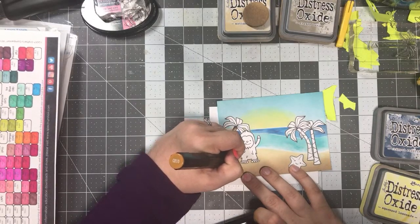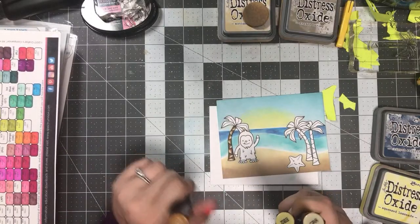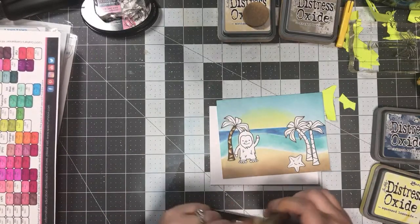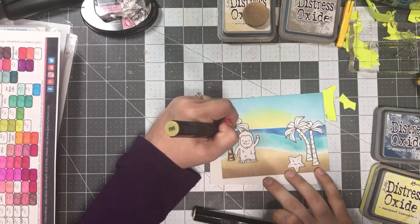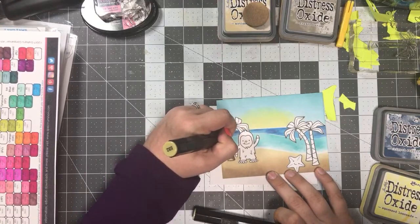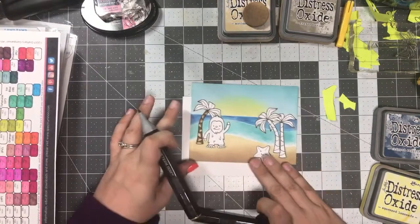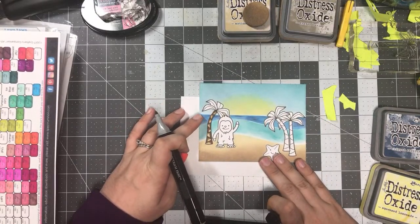Okay, so like I said, just using EB2, GB8, and GB10 for my little palm trees here. And I do want there to be a big difference in the color. I don't want it to be super sweet,